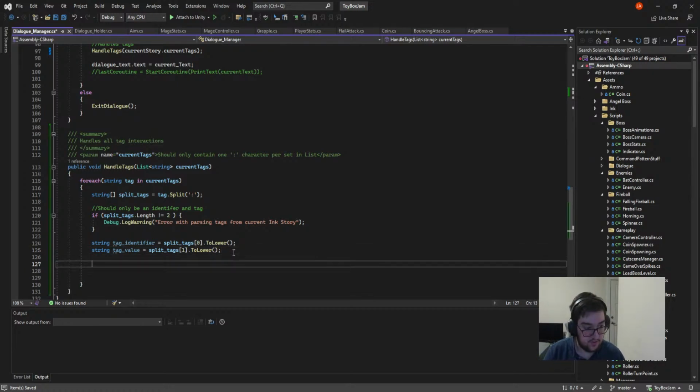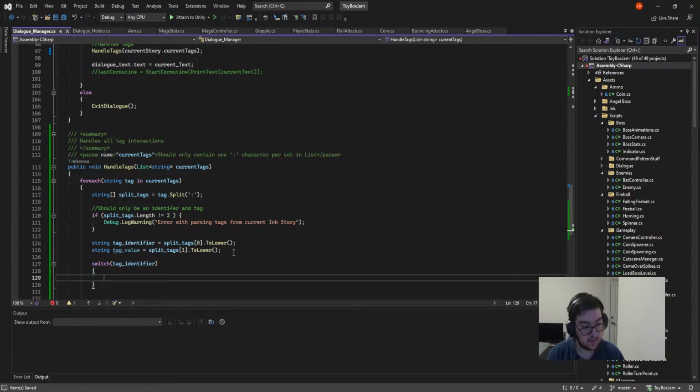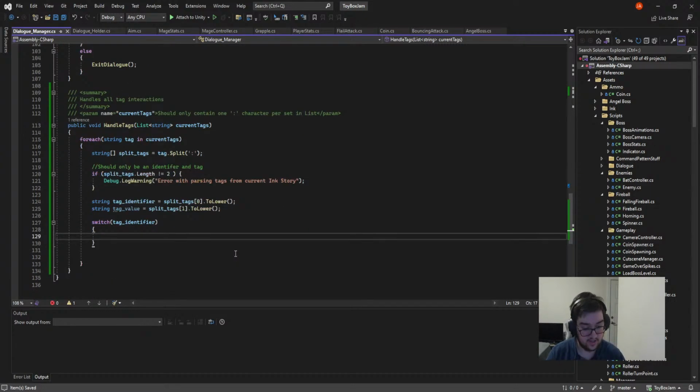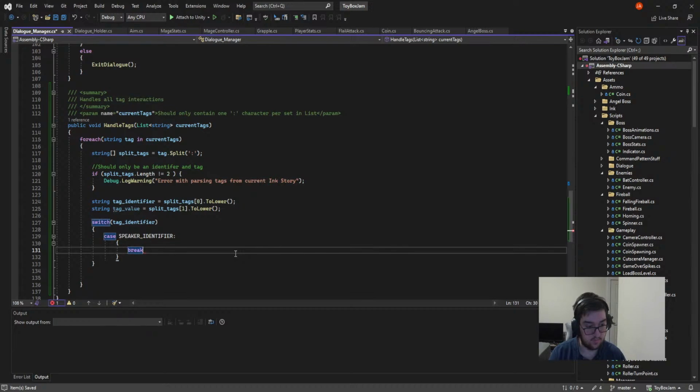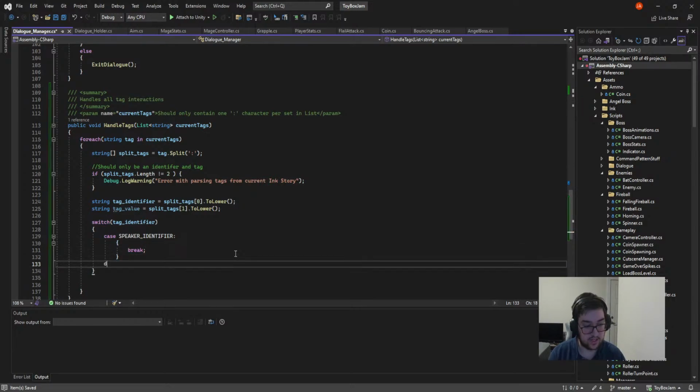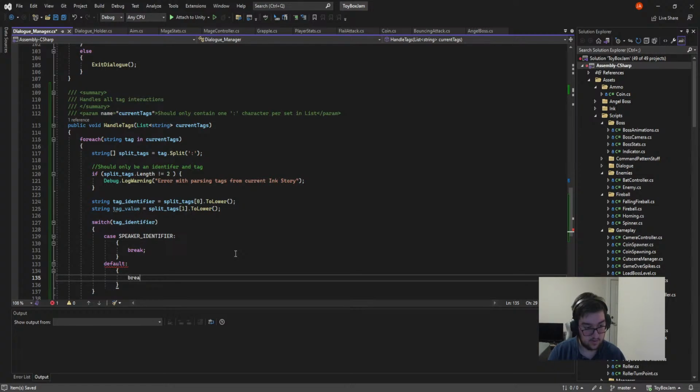Now it's time to use a good old switch statement. Tag identifier, which honestly for this is literally just gonna be it for case speaker identifier, break. This is gonna be what, like default? Otherwise, we're just gonna go debug.log warning, error,